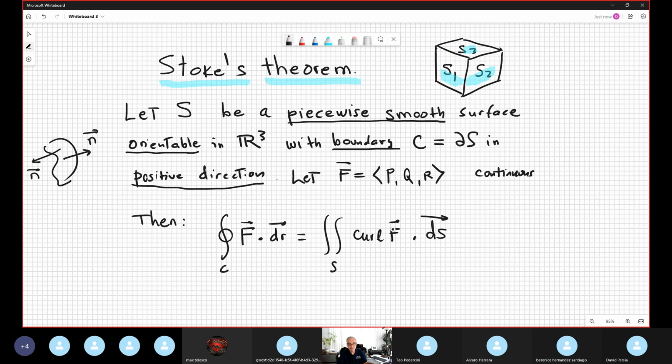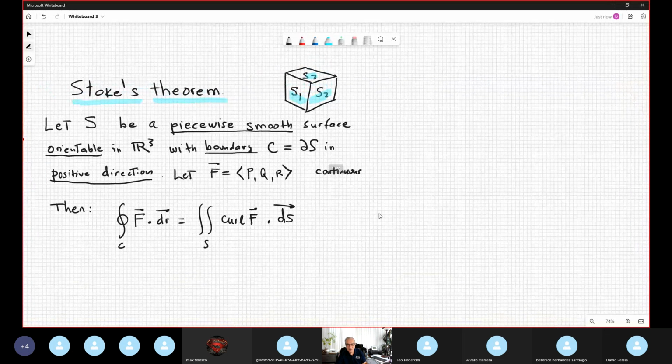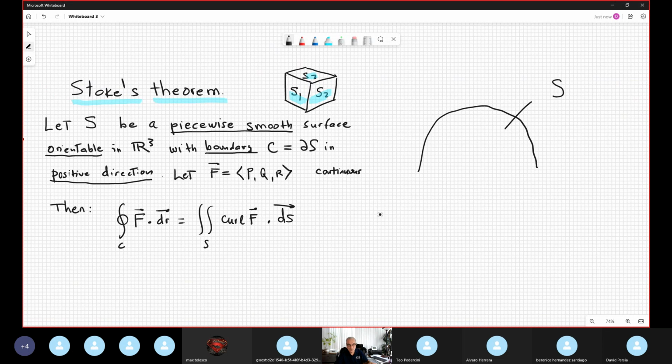Now, in this case, we have two guys in the problem. We have the surface, suppose like that. This is the surface, smooth, nice. And you have the boundary, and the boundary is a curve. So we have a curve C and the surface S, and both participate in the theorem. Then the formula of the Stokes theorem is compatible